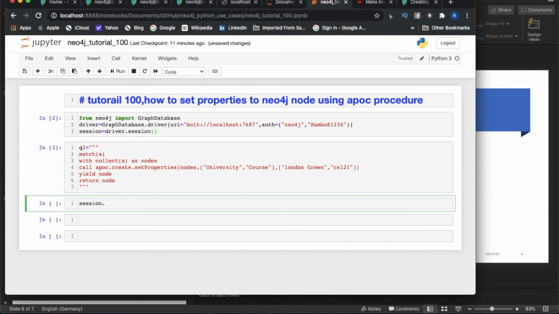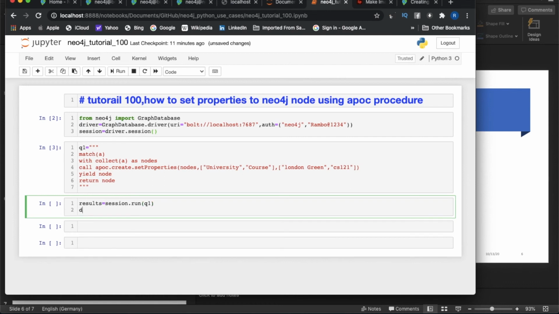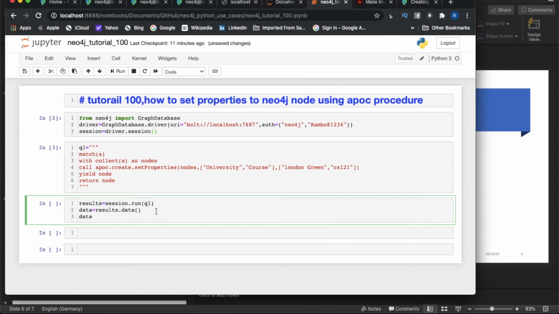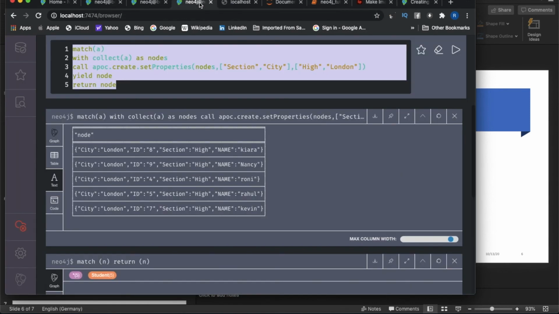session equals session.run(q1). Okay, and maybe I can write results equals this, and data equals results.data, like this, and after that I'll print data. So let me check here, where is that thing? Okay, so